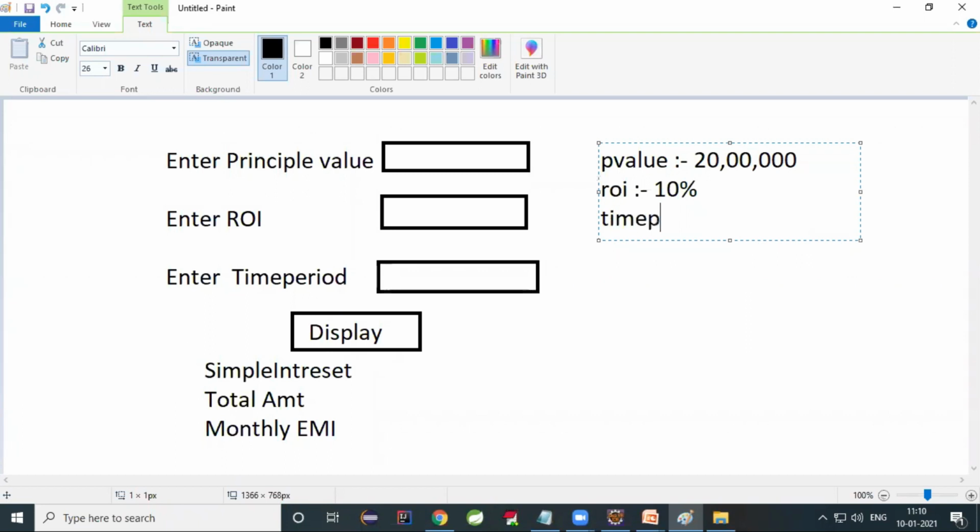Time period is 20 years. Calculate the simple interest. How to calculate? P into T into R by 100. PTR by 100, how much? 10 and 10 by 100, zero cancel it, 2 to the 4, 4 lakhs. Calculate and tell.